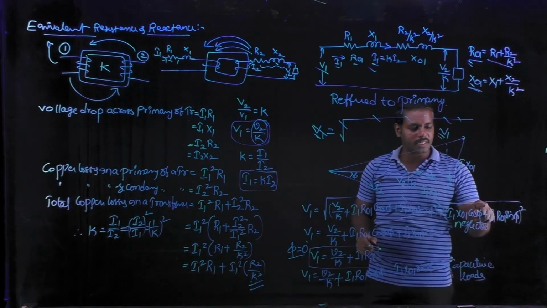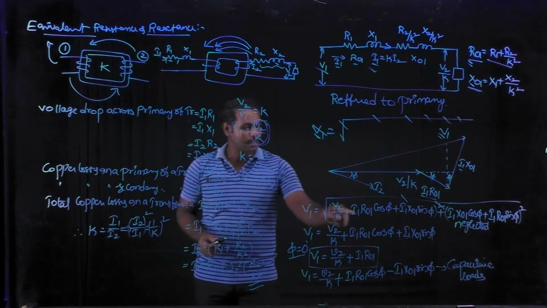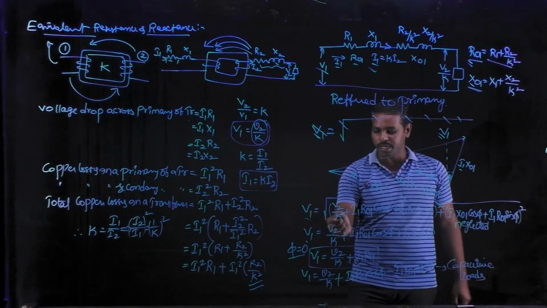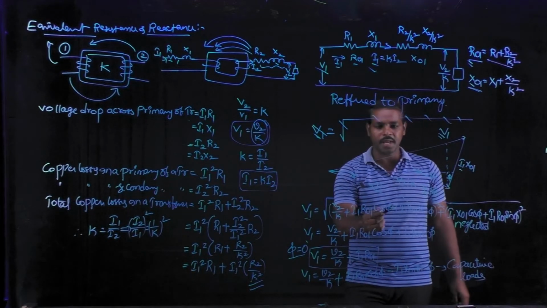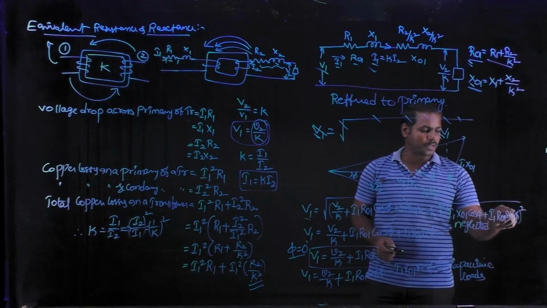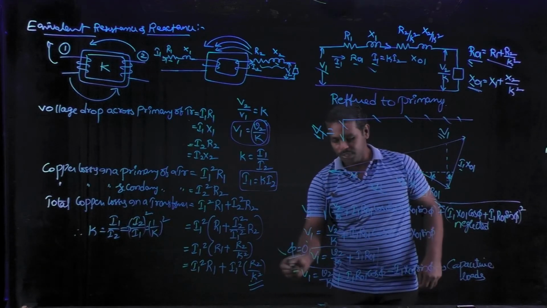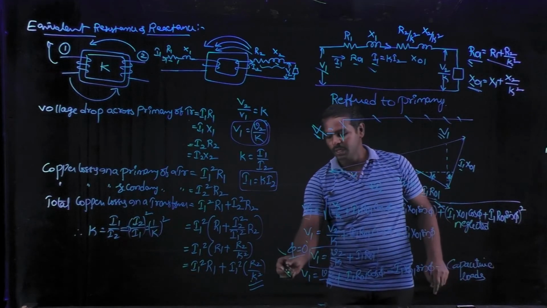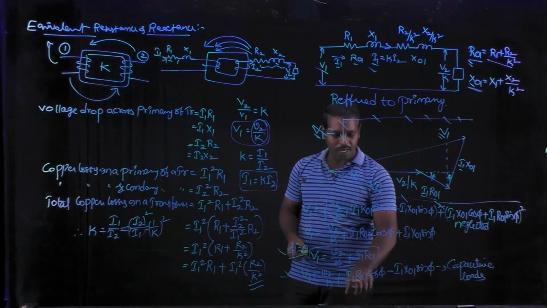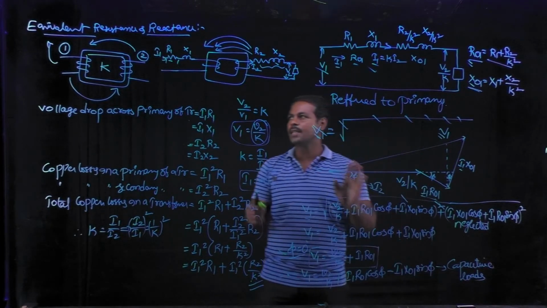So how to get this expression? Previously we already know the phasor diagrams of a transformer. These equations were already calculated in the last class. So that's why V1 is equal to V2 by K plus I1 R01 cos phi plus I1 X01 sin phi, plus I1 X01 cos phi plus I1 R01 sin phi whole square. This term is to be neglected. Then phi is equal to 0. So for leading loads, it is equal to a negative value. So then V1 is equal to V2 by K plus I1 R01 cos phi minus I1 X01 sin phi. So this is the first part.